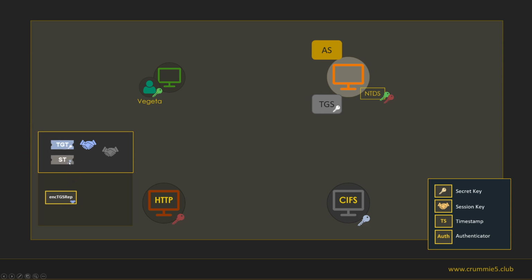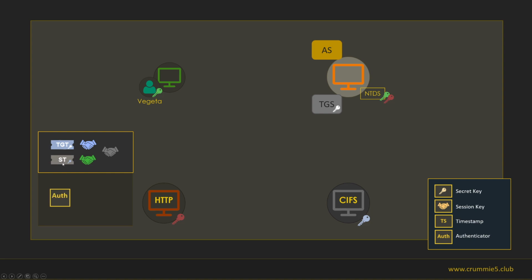Well, the first thing is saving the service ticket, and then he will decrypt the encrypted part of the TGS response with the mutual session key, the TGT associated session key, and will extract the other session key that is associated with the CIFS service ticket.